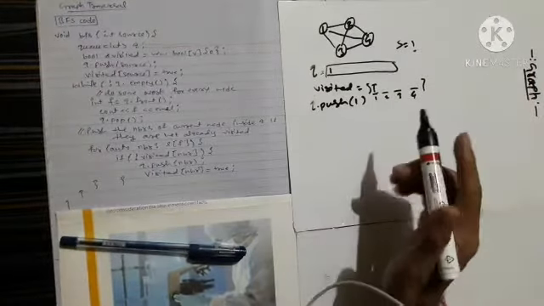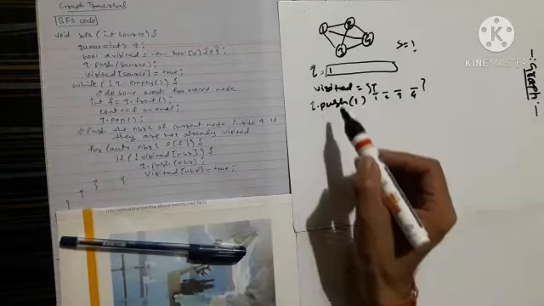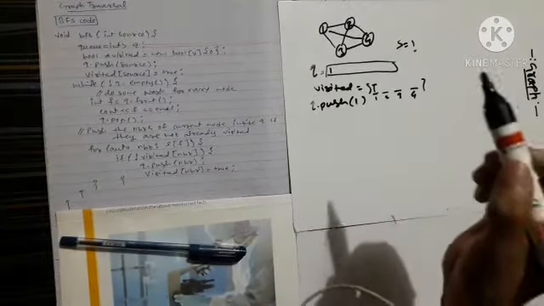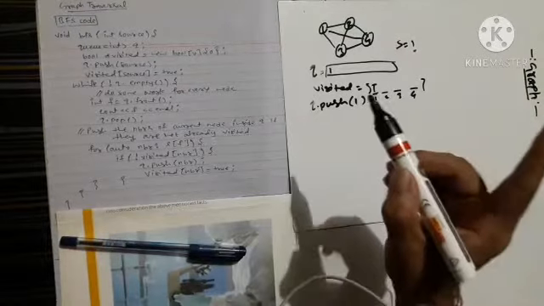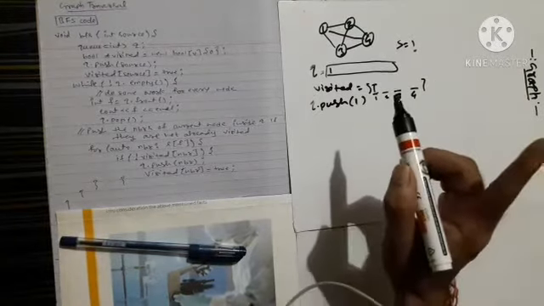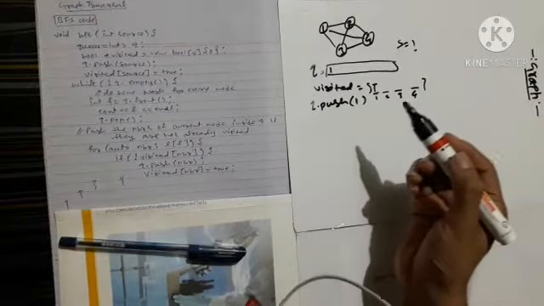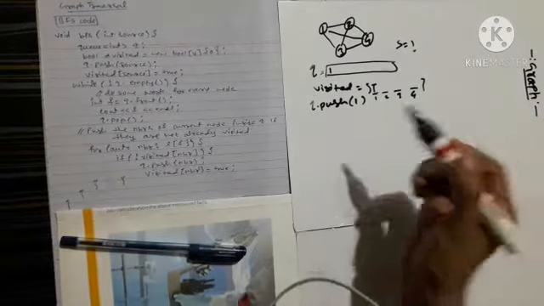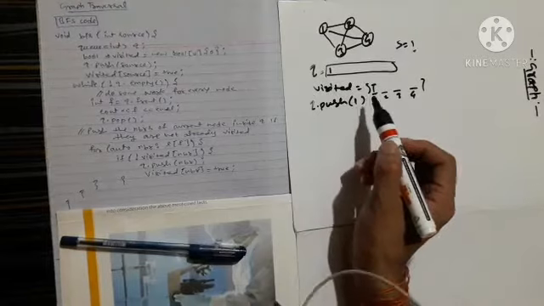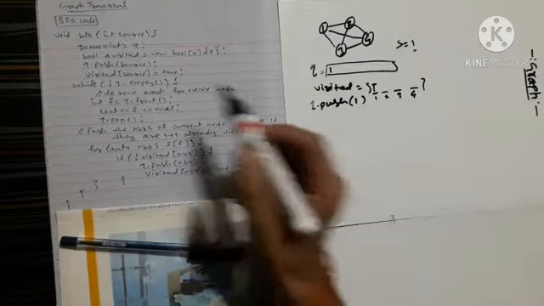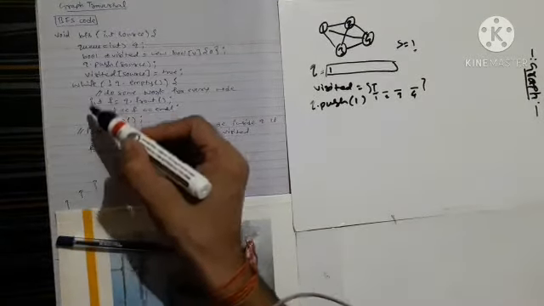So what we are trying to say is, this visited array will take care that we visit a node only one time, and not a second time onwards. We will visit a node only once, not more than once. The visited array maintains exactly this. Now I will check, and now I'll enter into this while loop.